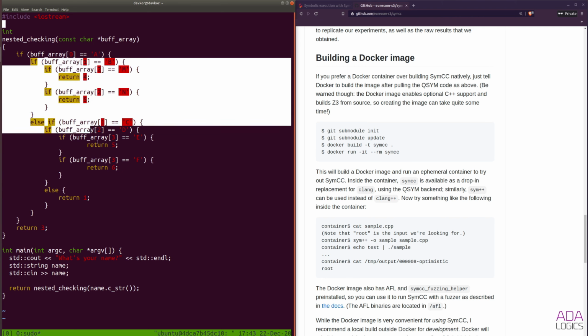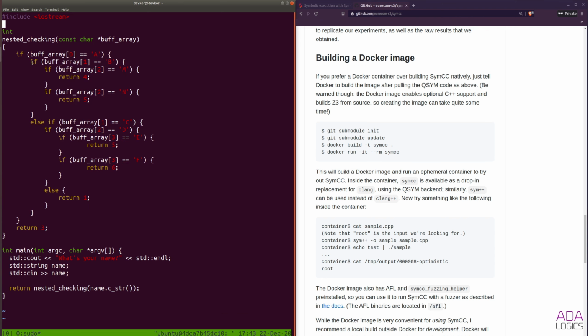And then when we execute that given input, it will execute concretely, but because most likely the input will not have an uppercase B in the second position, it will again reject this condition, but the instrumentation of SymCC will calculate that this path is possible if we give an uppercase B on the second